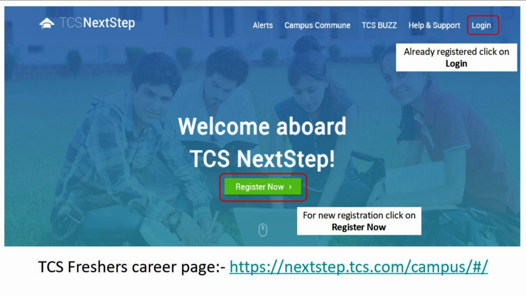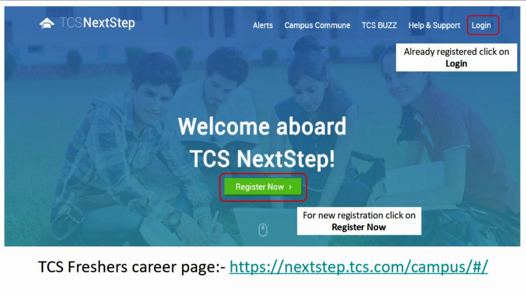Once you land on TCS NextStep portal, the page appears like this, where you have two options. One is register now. If you are new registry, you have not registered at least once, then you have to use this register now button and click on it. If you're already a registered user, if you already have a registration, then click on login. So let me first explain about new registry. So if you are a new registry, click on register now green button,